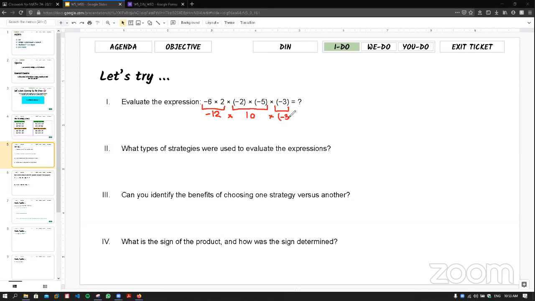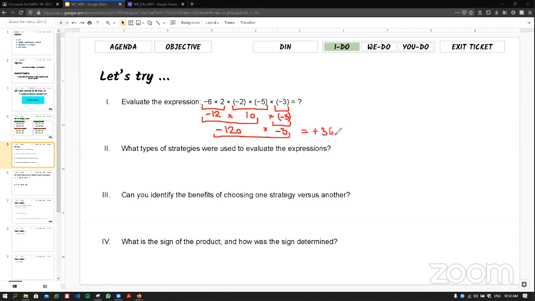Okay. And so now regroup again. So -12 times 10. Because one of them is negative and the other one is positive, these are opposite signs, and it has to be a negative number. And -12 times 10 is -120 if you use your calculator. Okay, and times, so this is alone again, I'm going to bring it down. It's a -3. Okay, so now you need to multiply these two. I'm going to write it down right here. Both of them are negative numbers, which is same sign numbers. It has to be a positive result. Okay, so it's positive. And 120 times 3 is